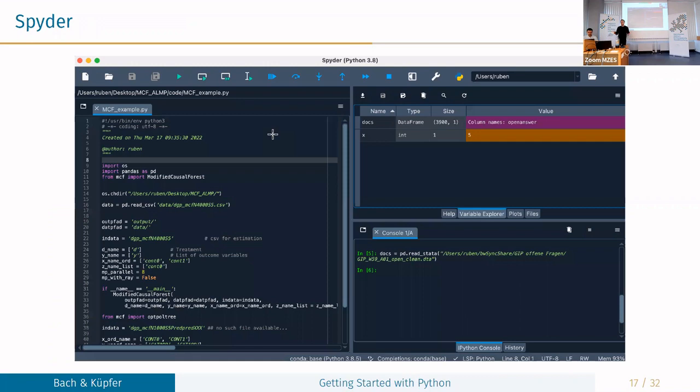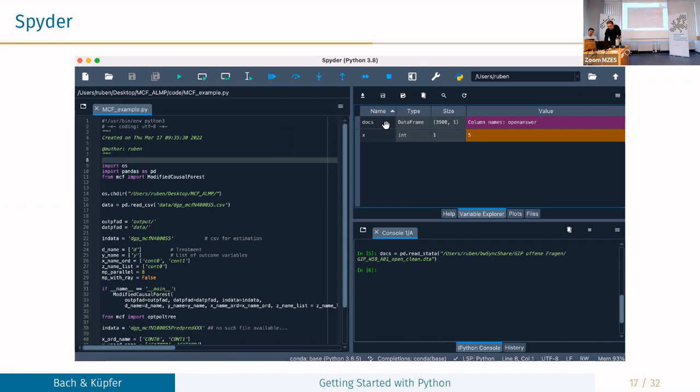Okay, Spyder is probably one of the solutions which comes closest to RStudio, Spyder and PyCharm also. You have your script viewer here on the left. So there's some code that I downloaded somewhere. And then very nicely, you have this variable or object viewer here on the right, which is usually not included in other IDEs. But if you want to see what kind of data, which objects you currently have loaded, then this might be an option.